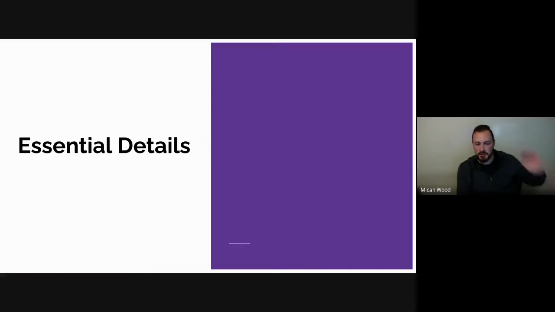So there are some essential details that you want to make sure that you take into account whenever you're looking at a problem. And it never hurts to write these down, especially given the process that I'm going to give to you tonight. The more that you have written down, even if it's just jotted in a notebook, the easier it will be to diagnose your problem.